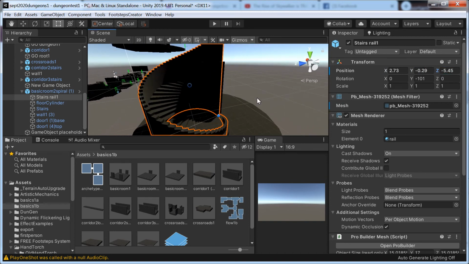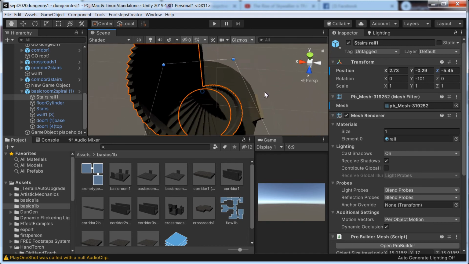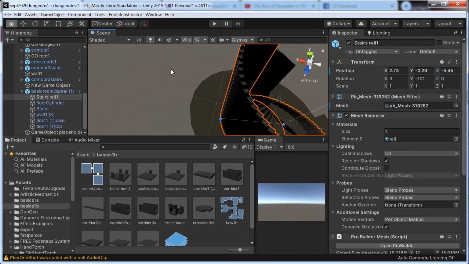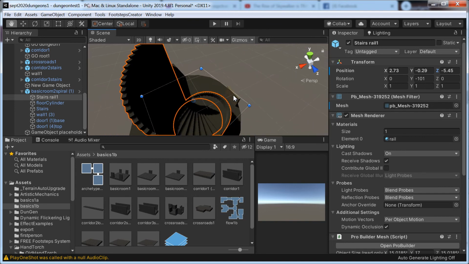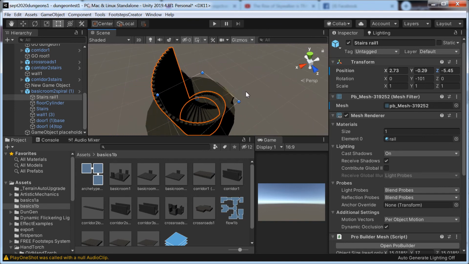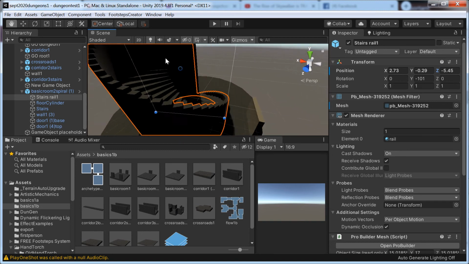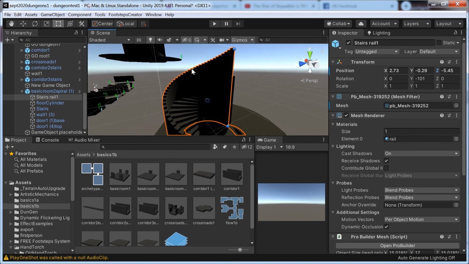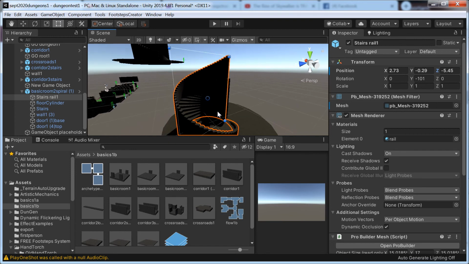And I'm using middle mouse to do this sort of thing, and right and hold to do that sort of thing. Okay, and yeah, so this is adding a rail to create a little bit more of a user experience,